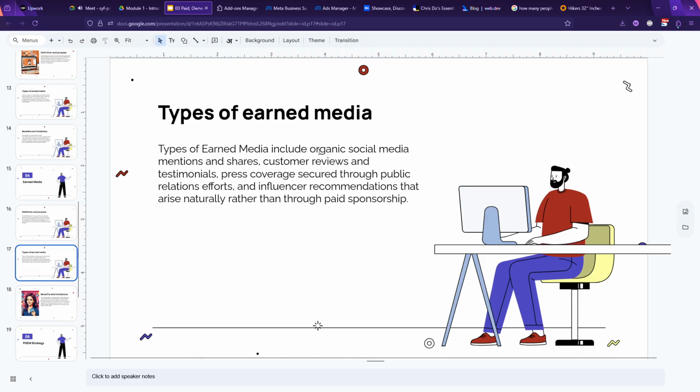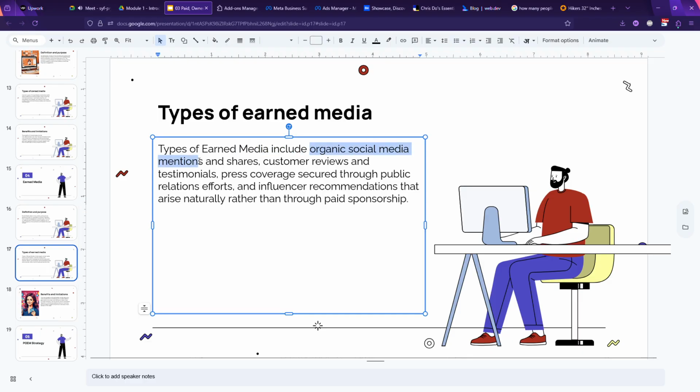Types of earned media include organic social media mentions and shares, customer reviews and testimonials, press coverage secured through public relations. So in newspapers, there's the press coverage. Even that also, but sometimes it can be paid. People call, and people think it's credible. But that also is a form of public relations, a PR effort,